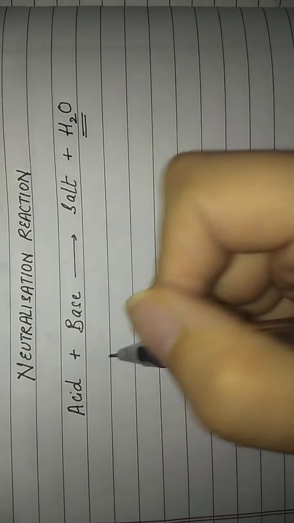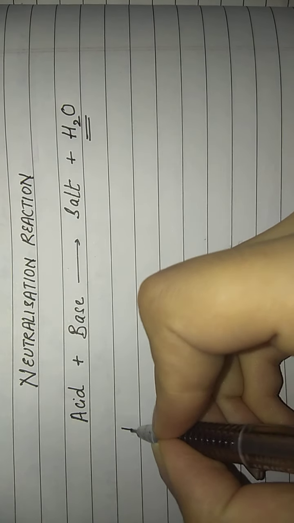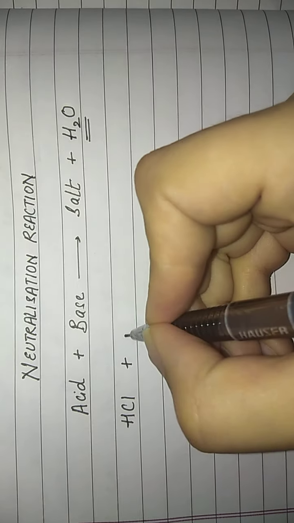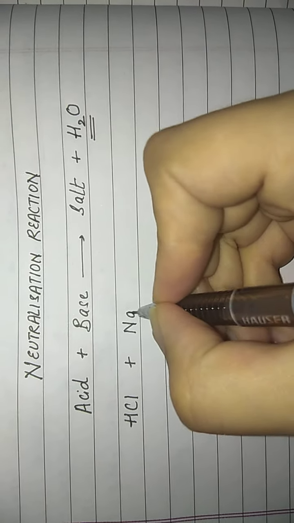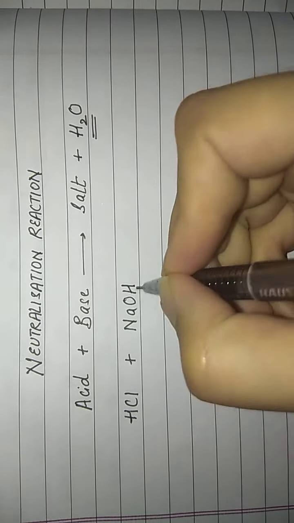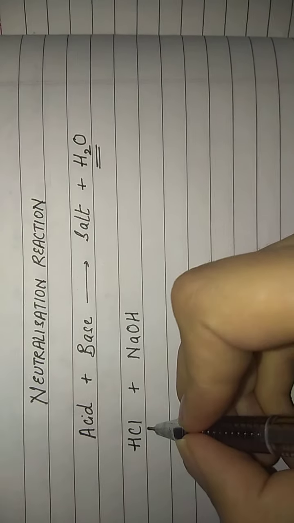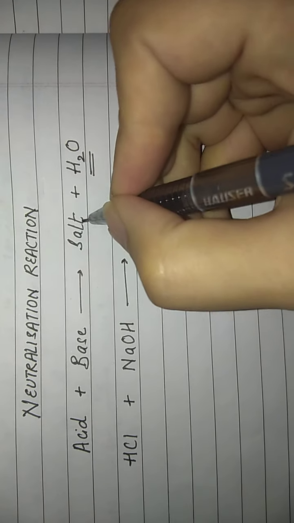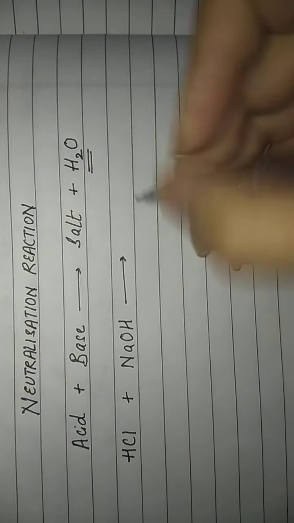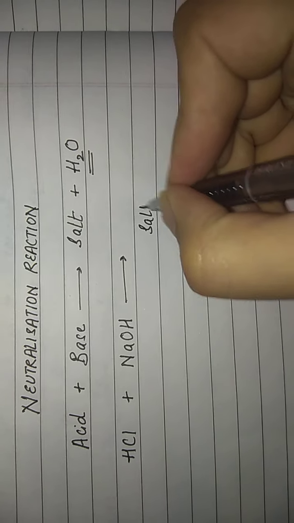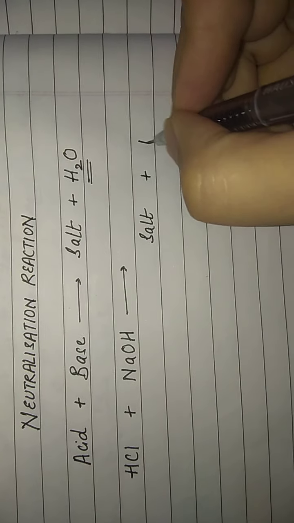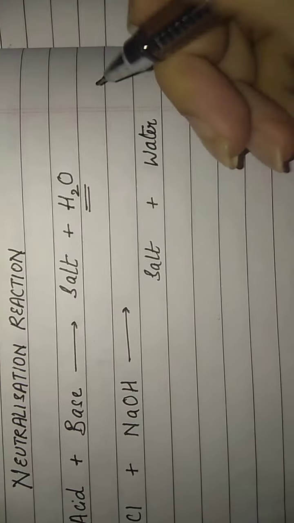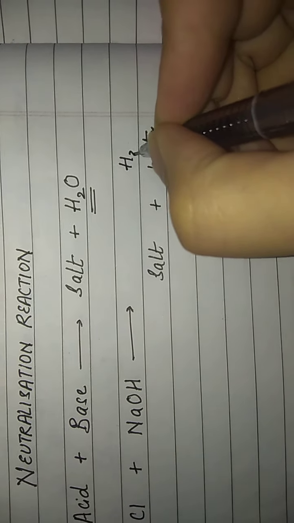The first example that I am taking is the reaction of hydrochloric acid HCl with the base NaOH which is sodium hydroxide. ये हमारा acid है, ये base है. तो resulting compound क्या होना चाहिए? Salt and water. Now we know what is the formula of water, so we can directly write H2O here because it will always be formed.